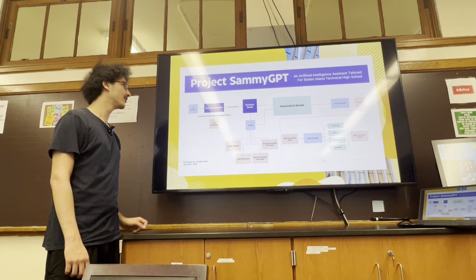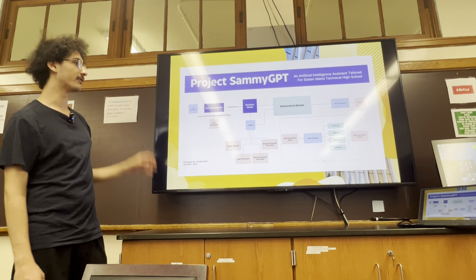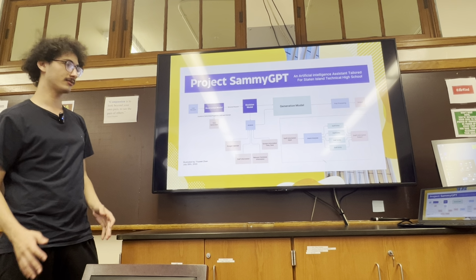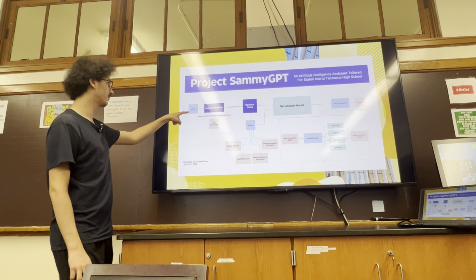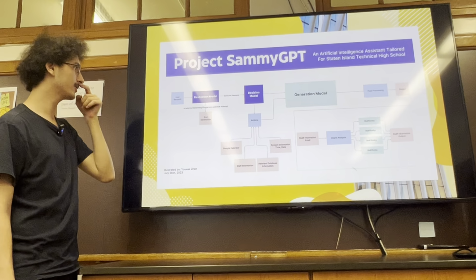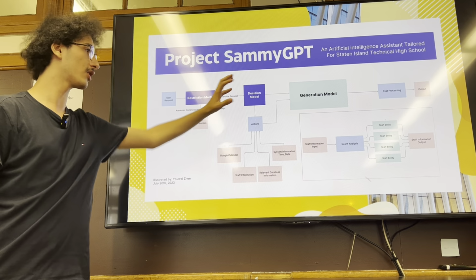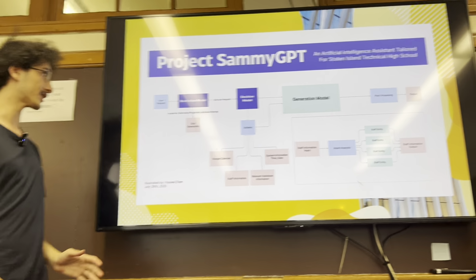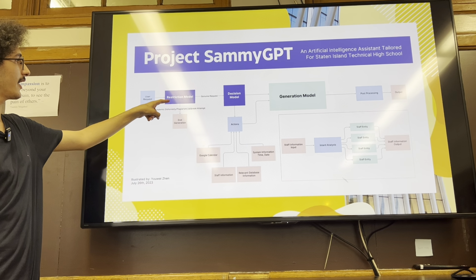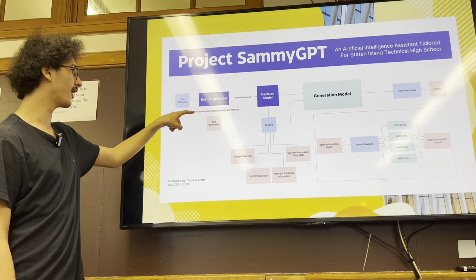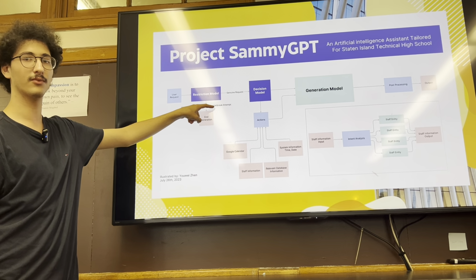Okay, so this is a breakdown of all the steps that Sammy takes in order to provide a response. When a user first makes a request, it goes through our restriction model first. Each of these models is its own separate AI, and they're all trained to do a specific task. This first AI is trained to check for academic dishonesty, plagiarism, or jailbreak